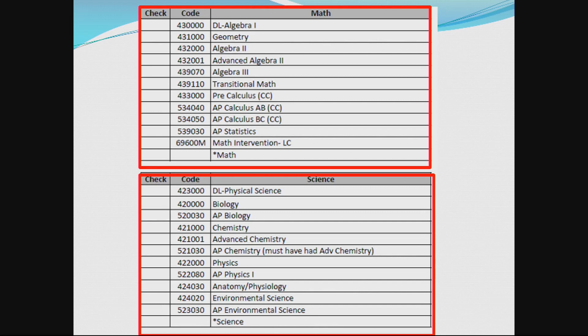Because ISTEM offers physical science in the 8th grade, our students are ahead of others in the state and subsequently have more science options as juniors and seniors. Once students have completed chemistry, they may choose science courses that align with their skill levels and interests. Please note that AP Science courses are extremely rigorous and should only be taken by students who understand the demands these classes will place on their time. Any science class above chemistry will count as career focus. Let's move on to the next slide.